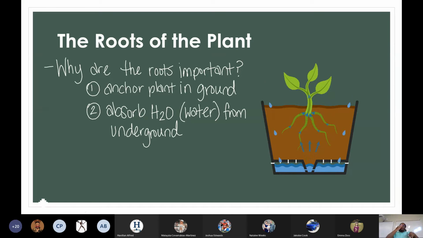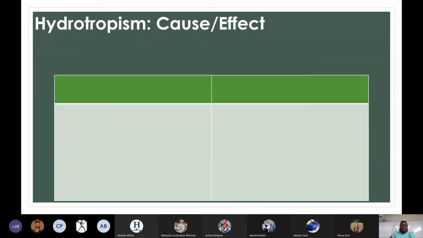As we learn about the roots, we'll see that there's another part of the plant that takes over after the roots have absorbed all of that water that's needed for that plant, which is an organism or living thing, to survive. So we want to learn about something called